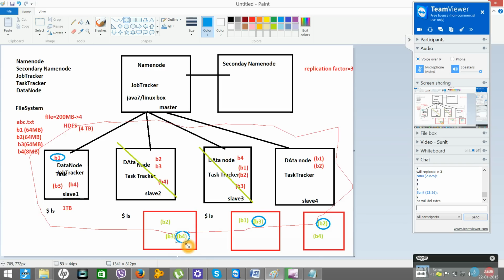Okay, it started processing this data, right? Because our abc.txt contains 4 blocks, and if we process these 4 blocks from all these computers, then we'll achieve our requirement.